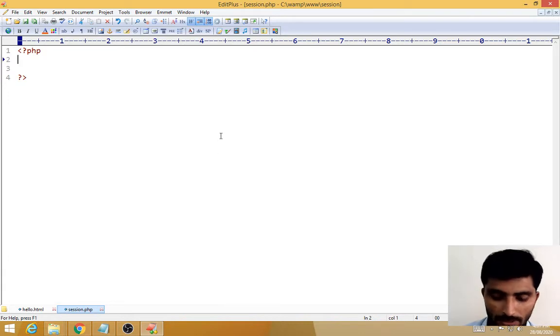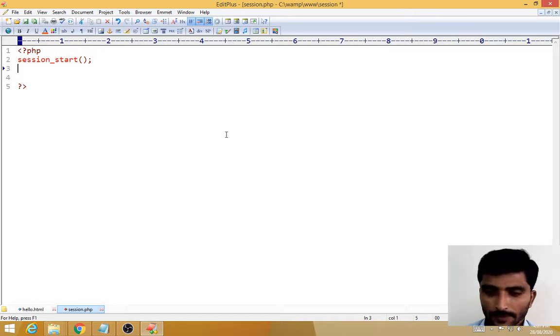First I am creating the sessions, so I want to start the session. session_start function, semicolon. After that I am using some HTML tags. I'll tell you why. Print within double quotes.